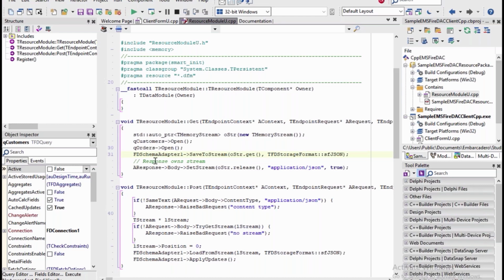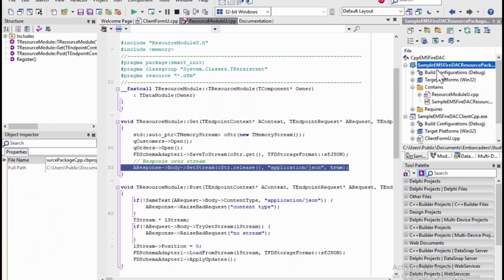So we can call FireDAC schema adapter's save to stream and save all of the returning data in JSON format, name value pair, and then we could send that data back to the calling REST client. So the client will get this return stream of JSON objects or JSON arrays,